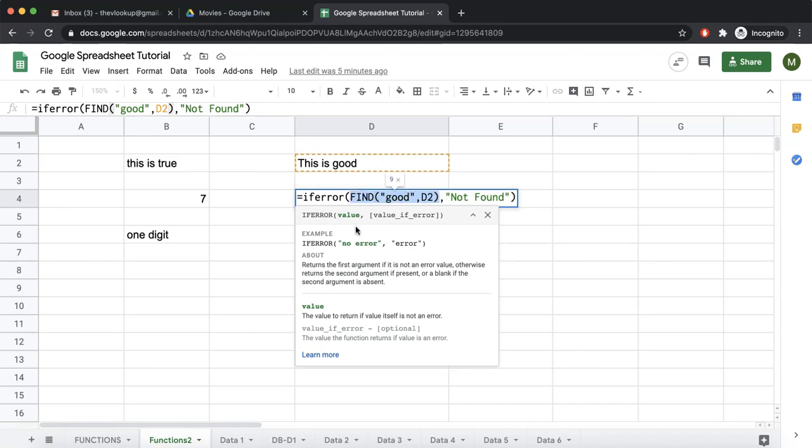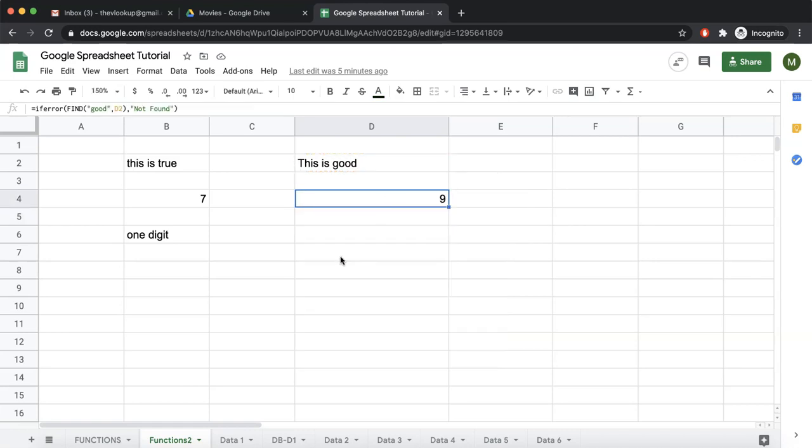Now we have put this entire thing as the first argument of IFERROR. If this returns a value which is not an error, it simply prints whatever it is. In case there is an error in this, then instead of printing the error, it actually prints this. Instead of giving an error as an output, this is the output. This can be anything, not necessarily "not found". You can use different kinds of functions over here as well, as we will see as we proceed.